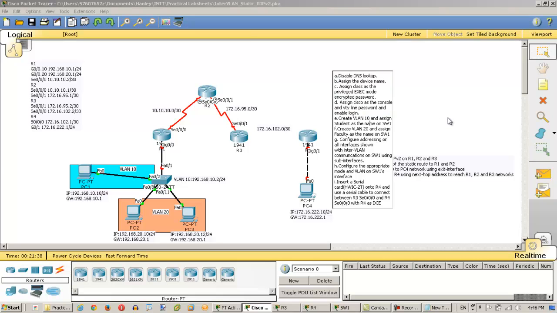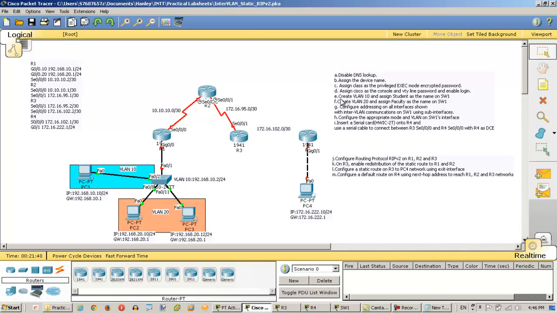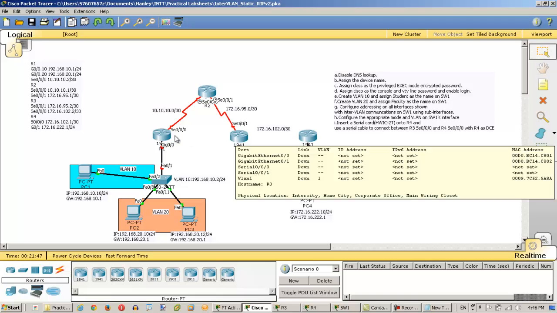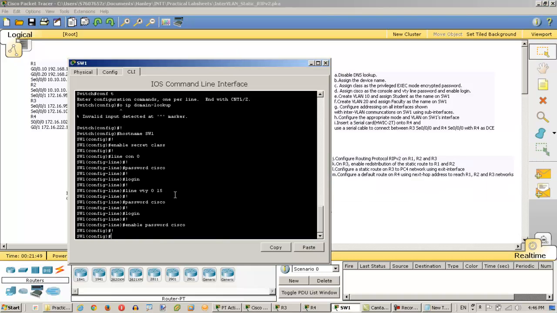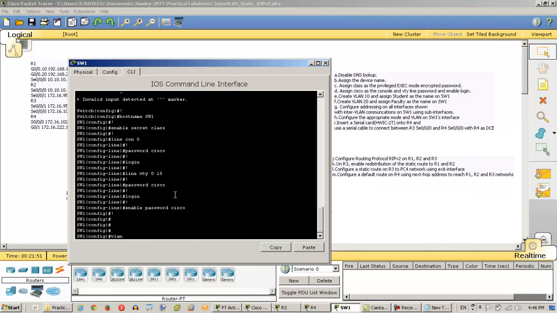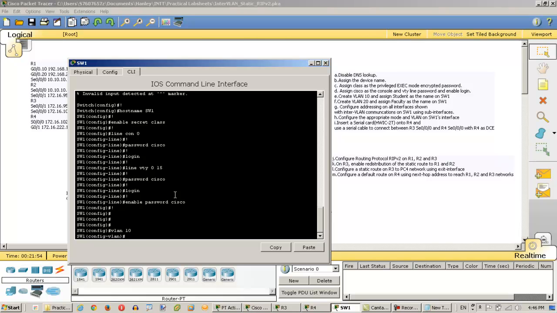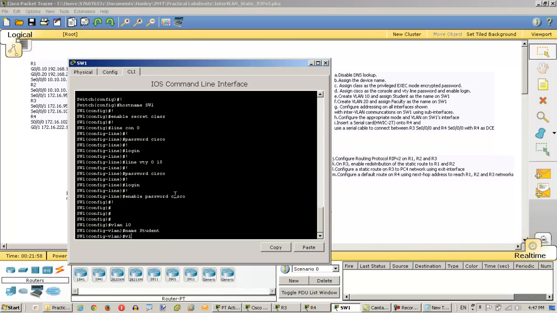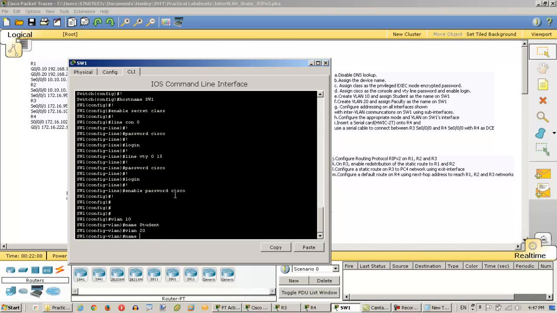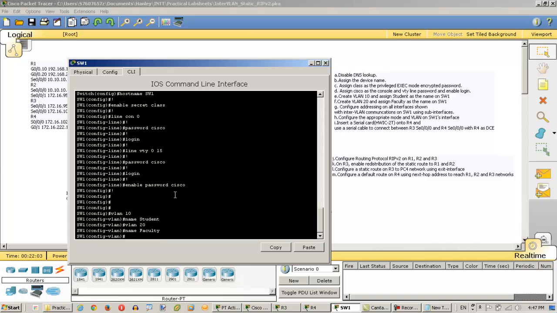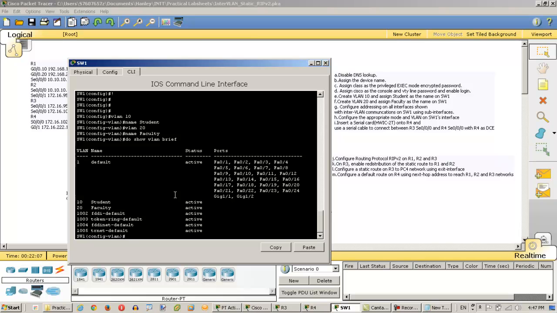Now we will go for option E. We will need to create VLAN 10 and assign student as a name, and for F, VLAN 20 and assign faculty as a name. So go to the switch, how to create VLAN, in this case VLAN 10, followed by naming the VLAN, which in this case will be student. Same thing, VLAN 20, name faculty. How to verify? Basically do a show vlan brief to verify the 2 VLANs that we created